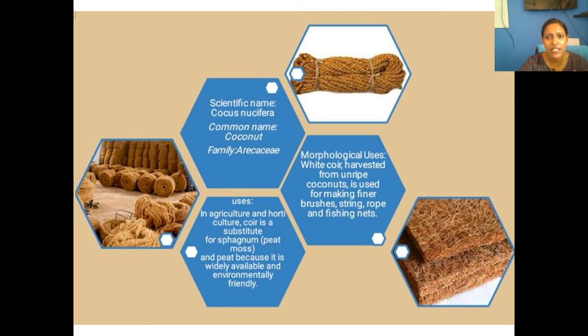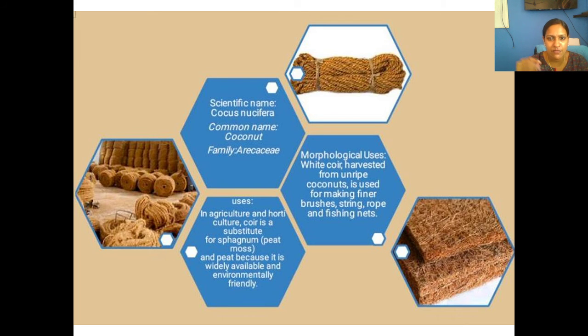And the next famous fiber yielding plant is Cocos nucifera, coming under the family Araceae. Coconut is the name. This coir is the mesocarp. The fruit has a lot of layers, right? Pericarp, mesocarp, epicarp, endocarp. The mesocarp region is the fiber, and this fiber is used as a substitute for sphagnum peat, for potting. Instead, we use coir peat. It is a very economical and environment friendly product.